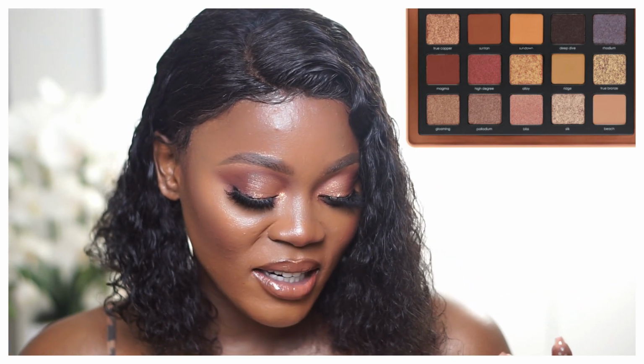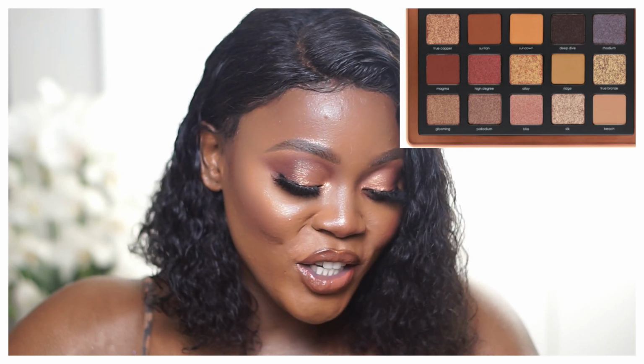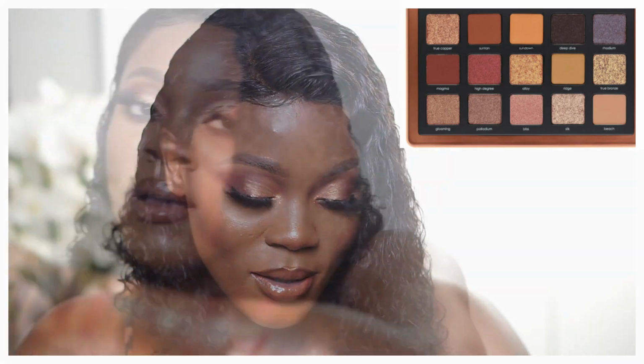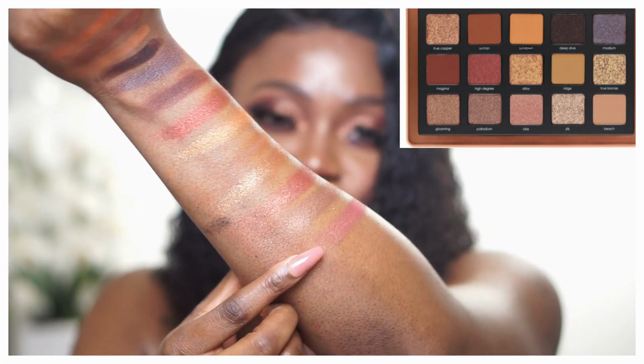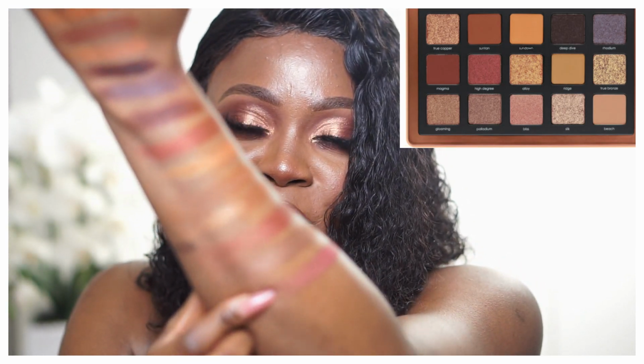Like, when you look at the pan, you're like, oh my god, they all look alike, but when you swatch them, they are all different. They are different shades, different tones. So Bliss is more of a reddish pink, and depending on how the light hits, it kind of gives you a little green. Next, I'm gonna try